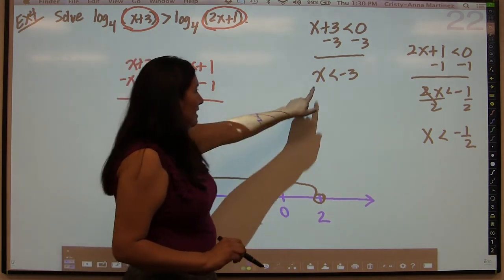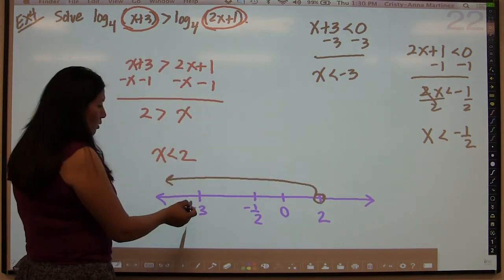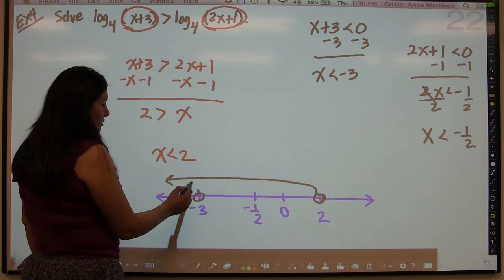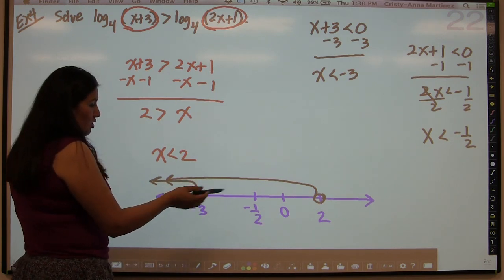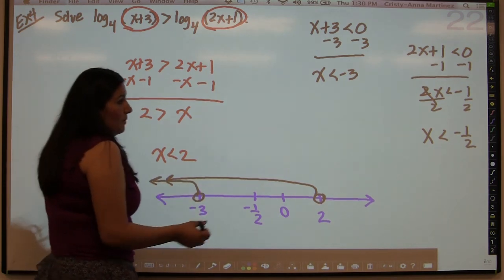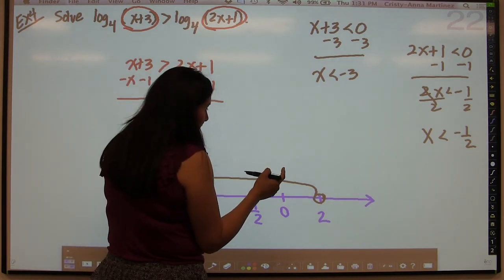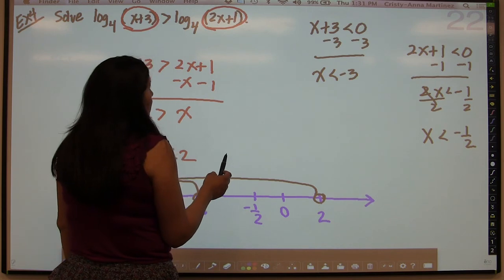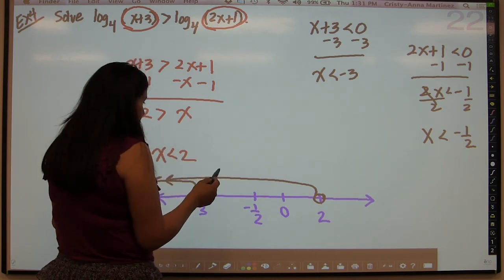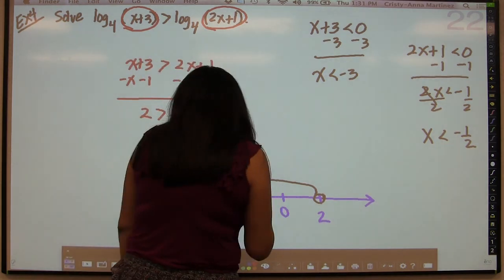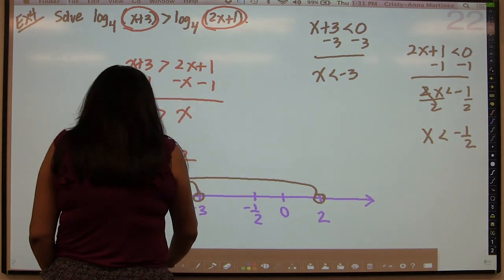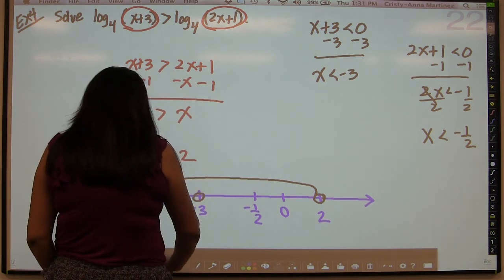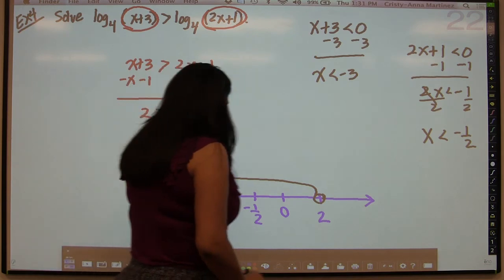We know we have to be less than negative 3, but we're already less than negative 3. Because if you're less than 2, then you're automatically going to be less than negative 3. But we have to be less than negative 1/2 as well. So, or we have to avoid those scenarios, I should say. So really what we should be saying here, I just made a little boo-boo. Well, it's not a boo-boo, but it probably would have been easier